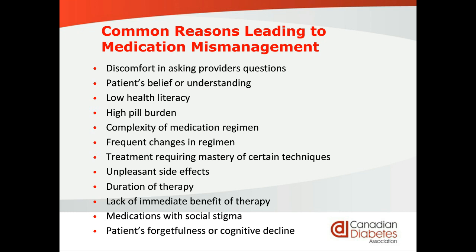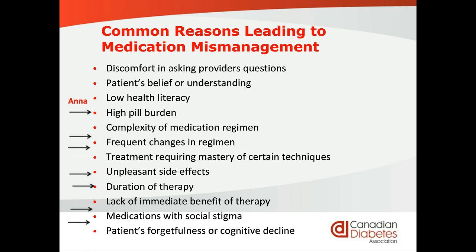Some people have cognitive decline as a result of multifactorial factors. One of them is aging. The second could be medication-induced. Or a patient has had a stroke. Those are some of the common reasons for cognitive decline. And they might forget how to take the medication the way they should.